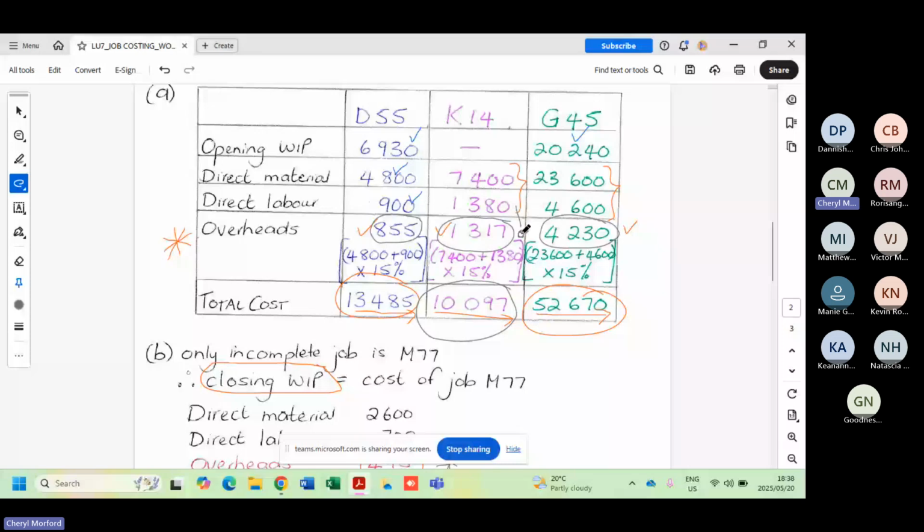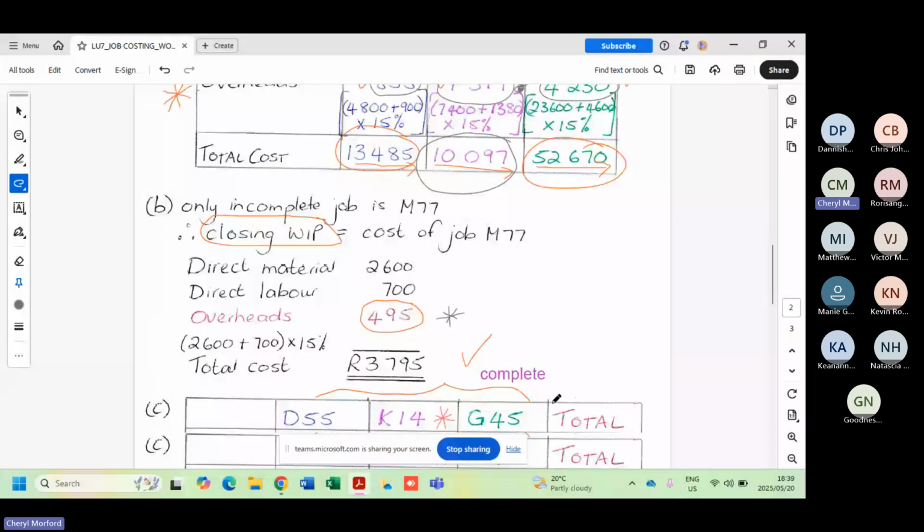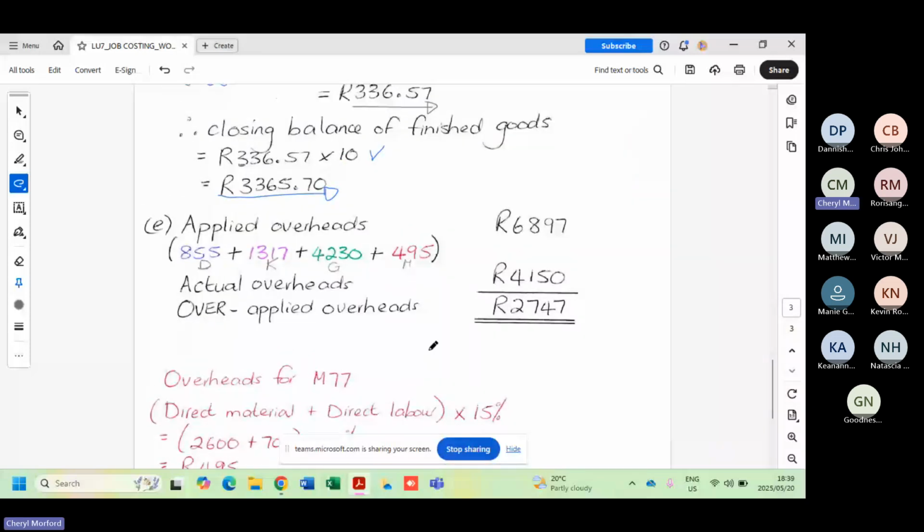Those overheads were actually incurred. So that's why we're going to include them. However, when we come to the sales and the costs, we based it on the 20, not the 30. So all we're going to do is take those amounts here, and you see I just put the letter for the job. We're going to add all of that together, which gives me